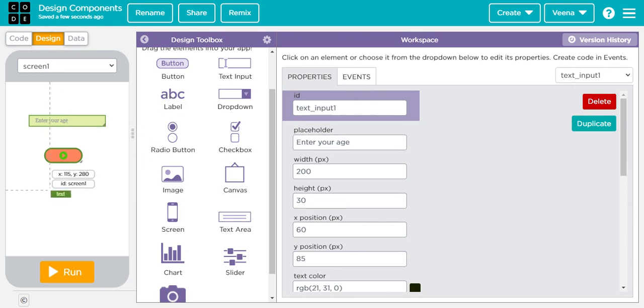A label is a design component which can display text on it. So we have the same ID here, text. You can write anything you want. First app,